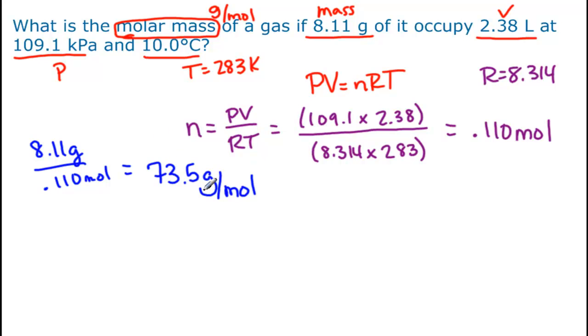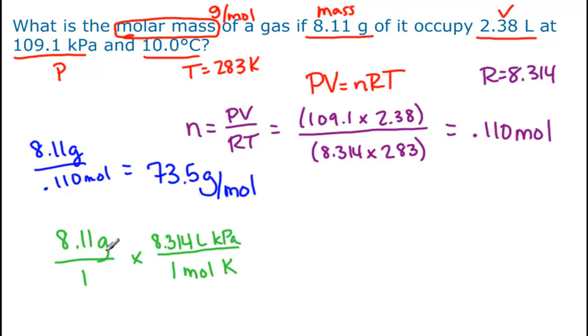Now, while I'm showing you dimensional analysis, let me just go back to that molar mass problem. All right, so if we know that the molar mass we want in grams per mole, we can start with 8.11 grams. Now, that's just over 1. Anything can be made into a fraction over 1. So we do need moles on the bottom. So my R value has moles in it. So if I use 8.314 liter kilopascals per 1 mole Kelvin,